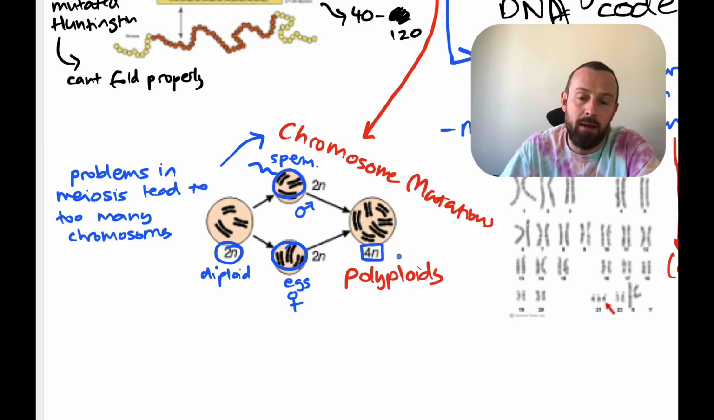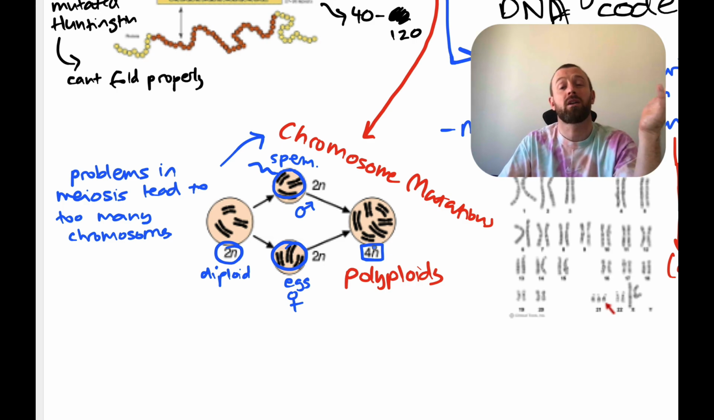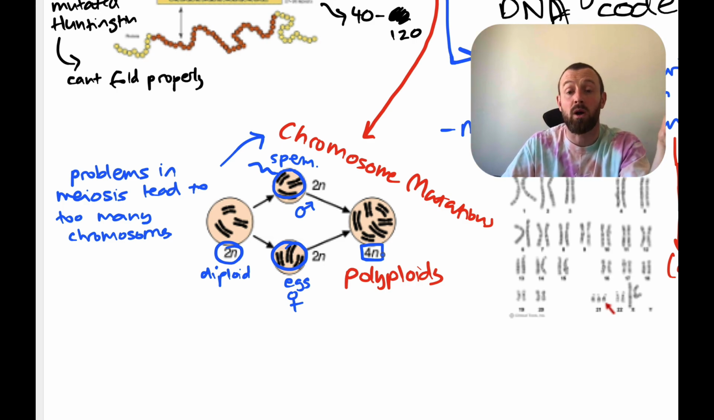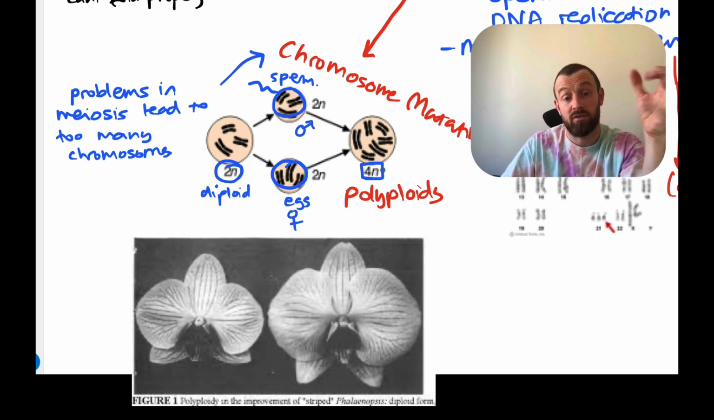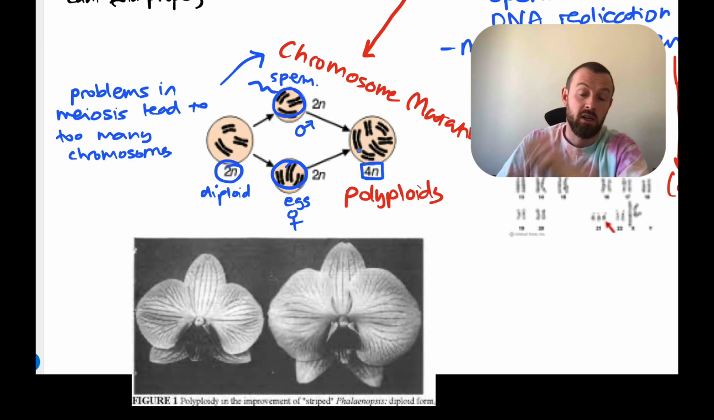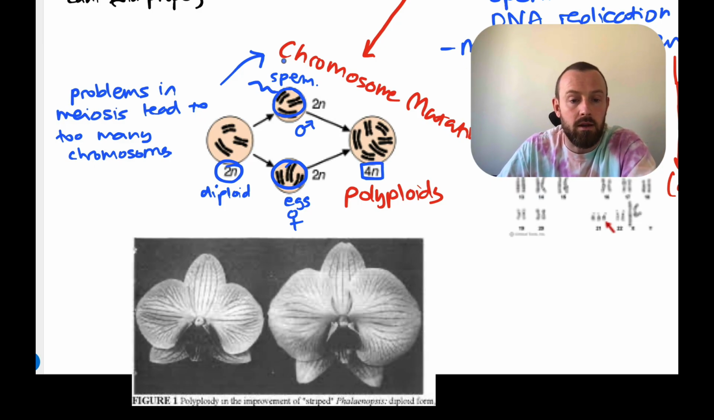And in mammals, that would just kill the organism. There's no way it would survive. But sometimes in plants, you get tetraploid plants that do actually exist. And actually, breeders of plants sometimes use this to produce new plant varieties. So sometimes orchid breeders cause this to happen to get new fancy looking orchids, basically. Much more common in